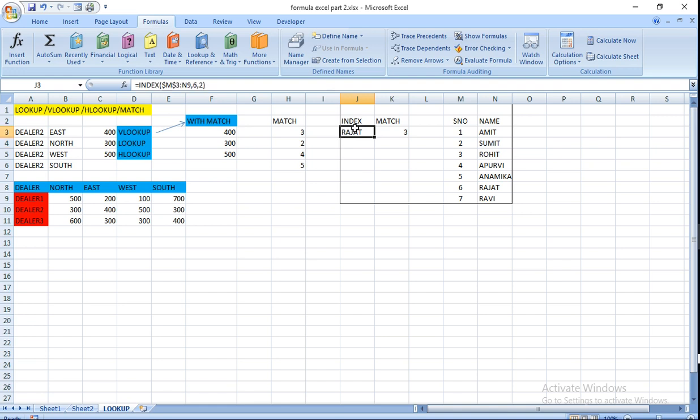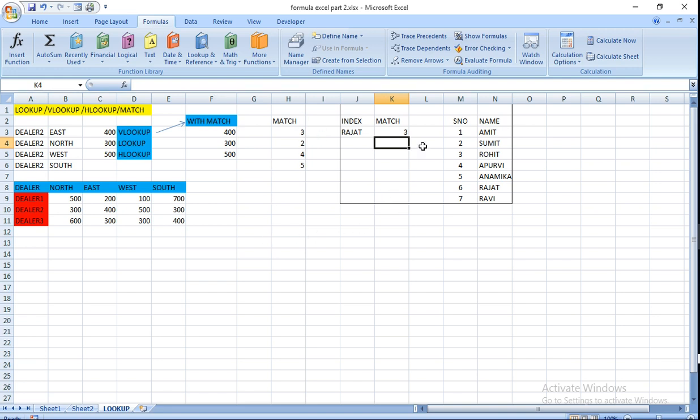Again, understand: INDEX, select the whole table, then give row 6 and column 2, then it will give you the index of Rajat. Then MATCH, you want to match exactly Rohit. Rohit in column N3 to N9, and 0 is for exact position. So it will give you the third position because Rohit is in the third position.